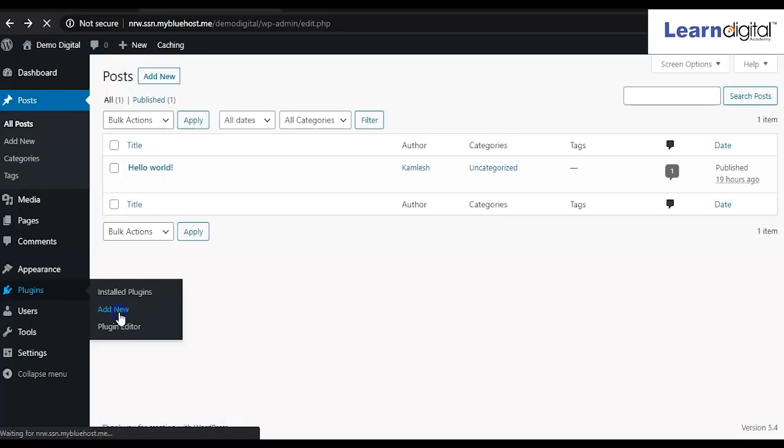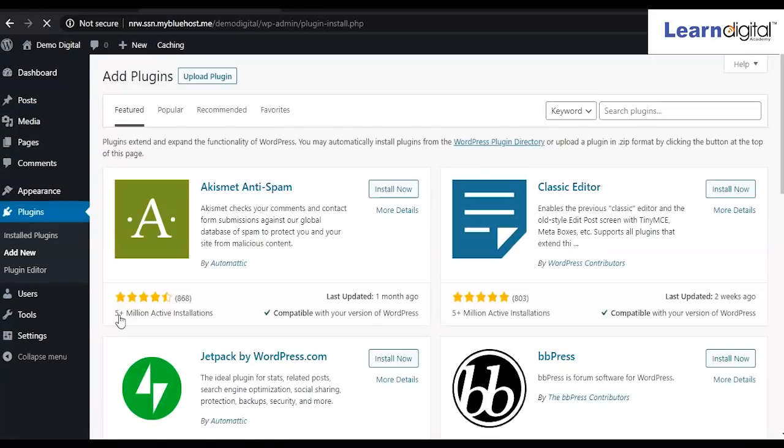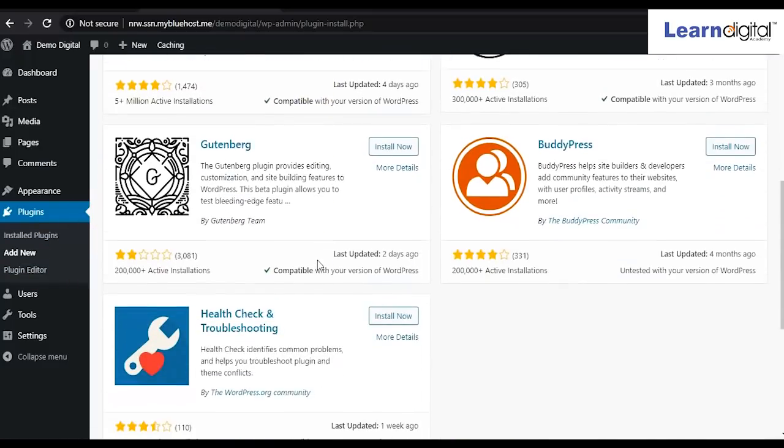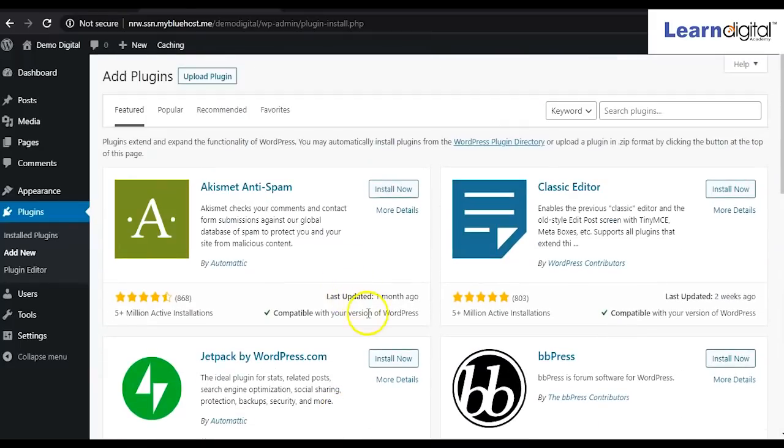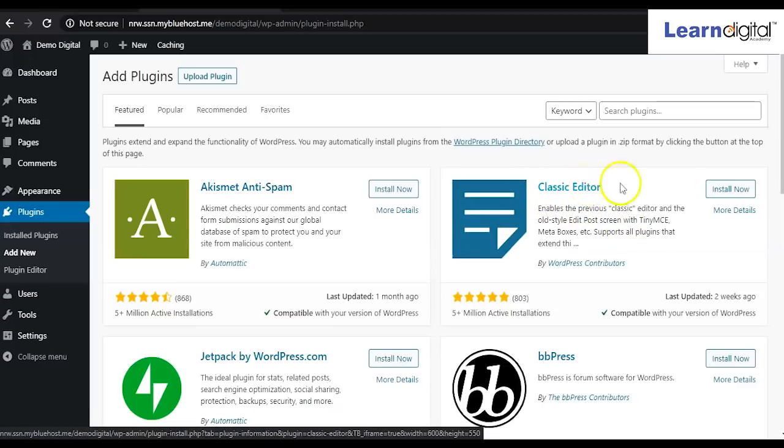So we'll have to click on add new. Whenever you click on add new, here you can see the numbers of plugins according to your requirement. You can select the plugin. So right now we are going to select classic editor. Simply we will install it now.